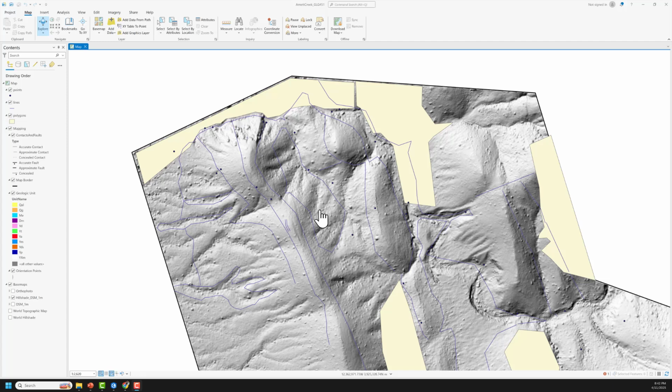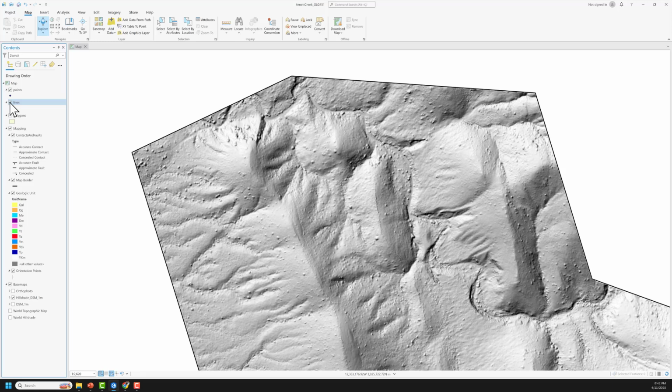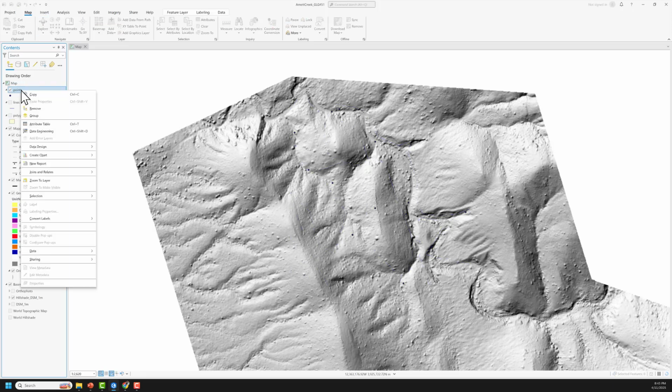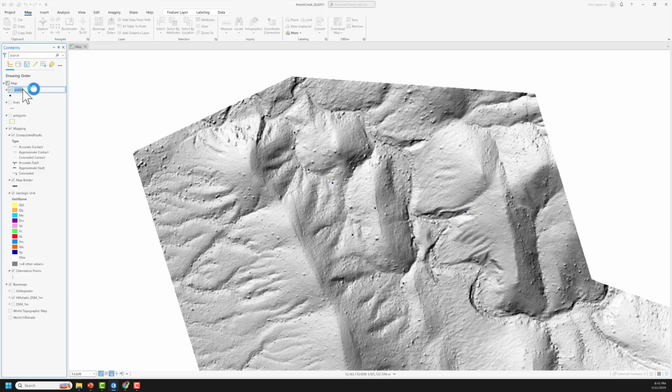All right, in this video, we're going to work with our point file. So you can even turn off the polygons and lines. This is a point shapefile, but let's rename this one. If you just click on it, you get this view here. We're going to call it points by tag. That way, we're going to try to colorize these by the tag color,